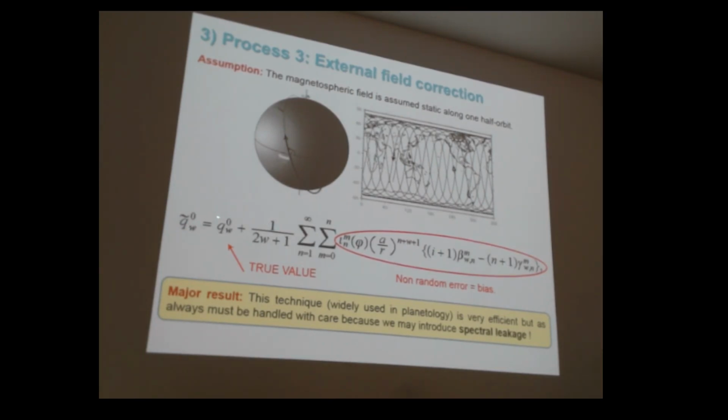And actually, you can show analytically that the estimate is the true one, modulated by all the internal coefficients and external coefficients. So what you do is estimate the coefficients, that is the true one, plus a function of the other ones, because you cannot separate internal from external. You should get a full